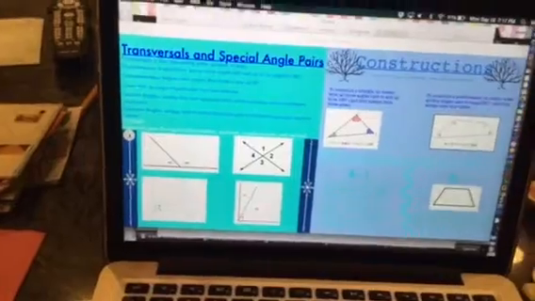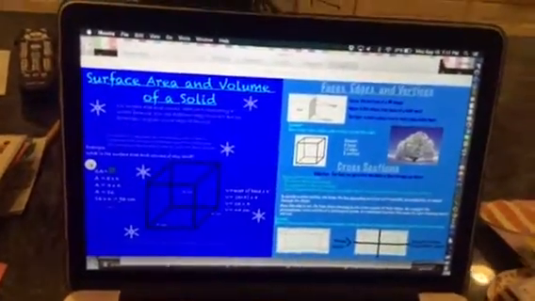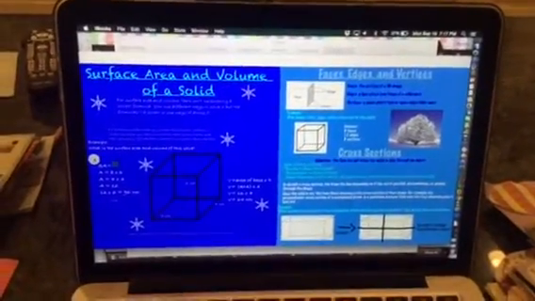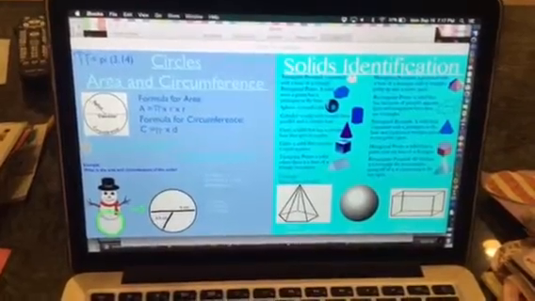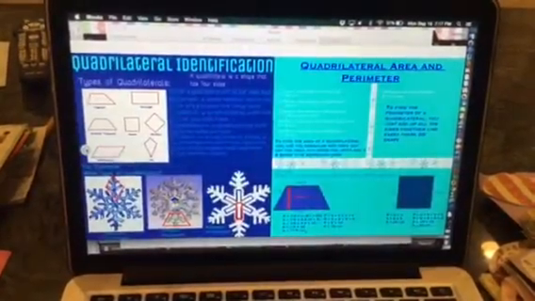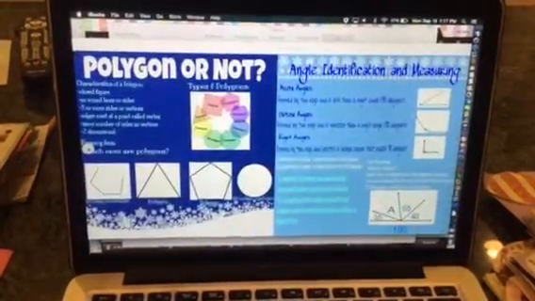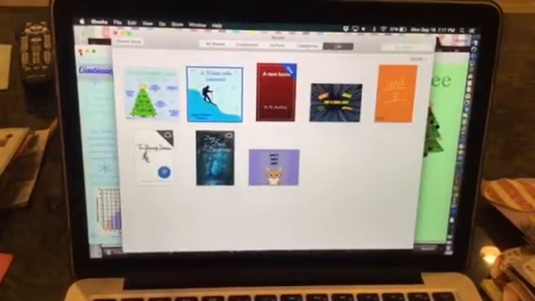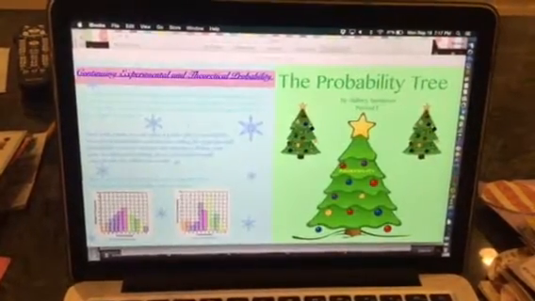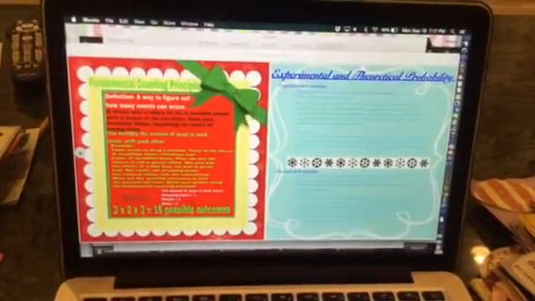There we go. So this is all geometry, special angle pairs, surface area and volume. This one is way above and beyond. You don't have to go to such extremes. But obviously it was an excellent grade and showed great effort and included all the topics that we needed and did a really, really awesome job. And then she did another one, this probability tree, which you can see was at the holidays, so she kind of decorated it for the holidays,